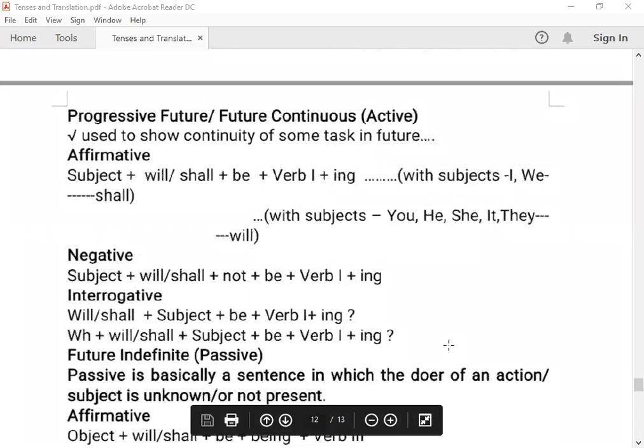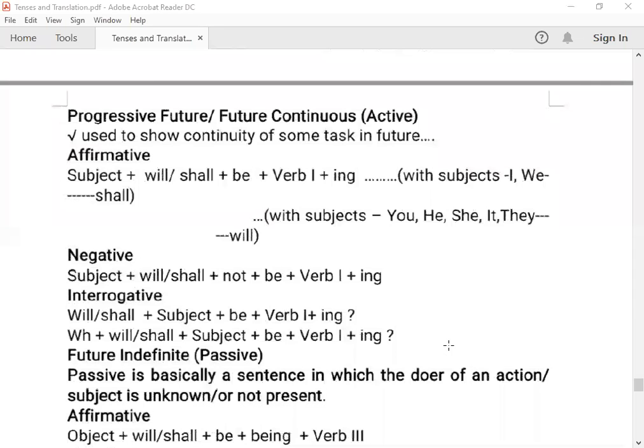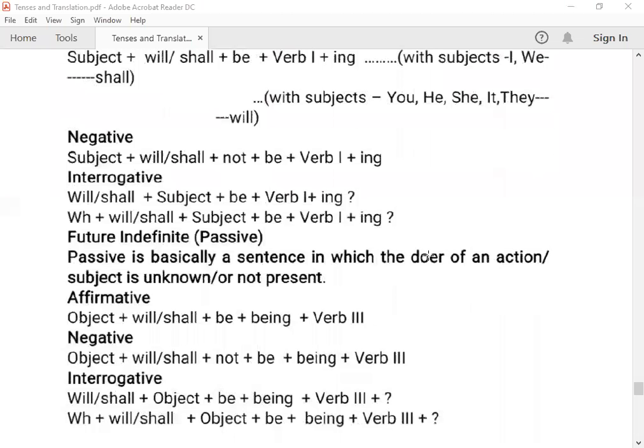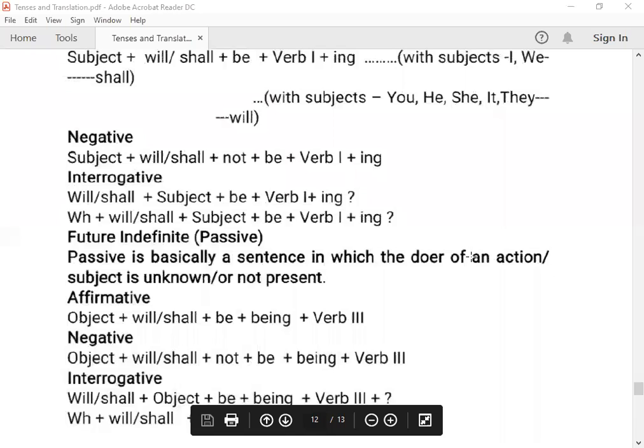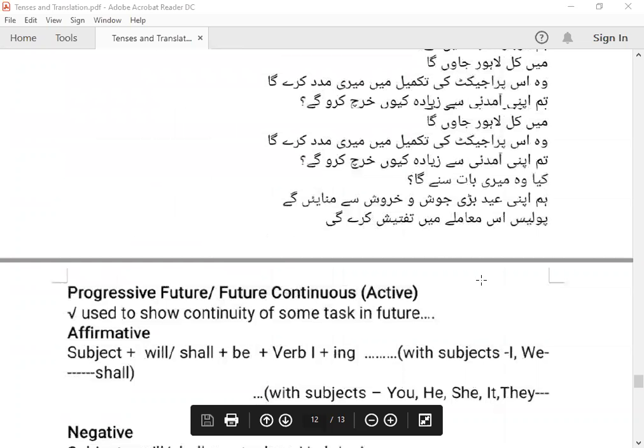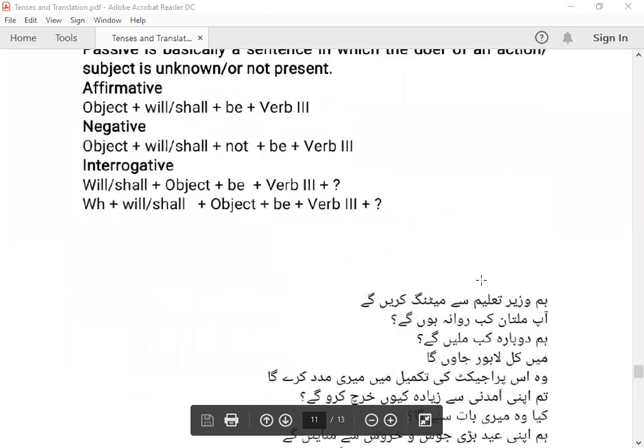It is also said it is the present participle. So we are using the present participle in future progressive, and be, will be, or shall be is to be used here. And then we put the passive. In passive, we make passive by putting being or adding being in the existing sentence of active. So being is added and third form of the verb is placed, राइट।